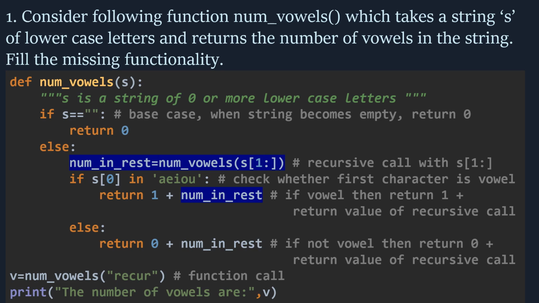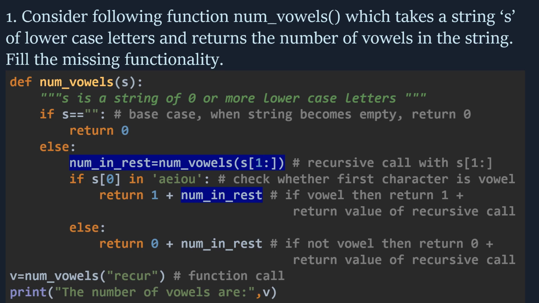That means if the first character is a vowel, then it has to return 1 and then num_in_rest, which is actually storing the return value of the recursive function num_vowels, where the string is actually the string excluding the first character. So like this it will continue till the number of characters existed in the string. Finally, when the string becomes empty, then it has to return 0. That means the base case is satisfied.